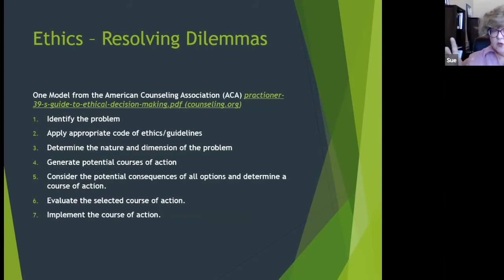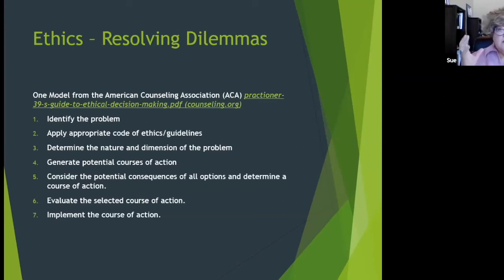Can be obviously a really important step. And that may even be the step where people are consulting with others to say, I'm really stuck, I'm having a hard time identifying, this is what I've come up with, what do you think? So I'm also a big one that when you're dealing with something and you're stuck, consult. Definitely make sure you're making the people who need to know you're consulting aware of it, and that you are working within the confidentiality scope. So being careful about that.